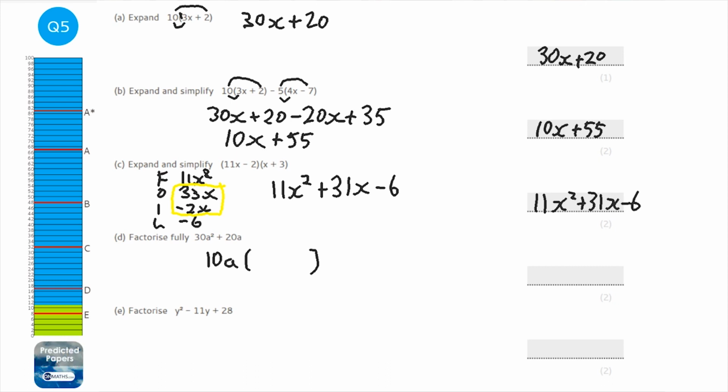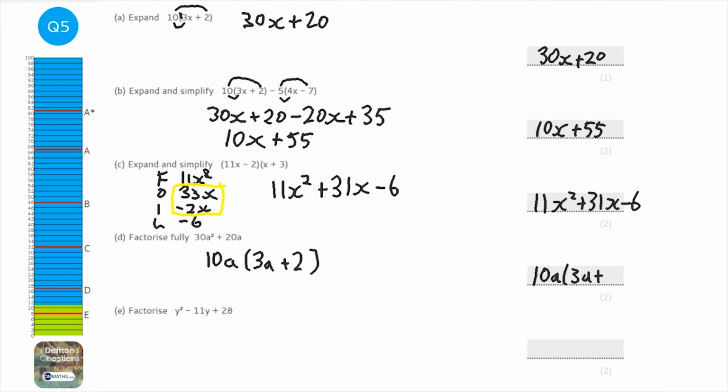Now what do I times 10a to get to 30a squared? Well, I'll need a 3 and I'll need an a. The 3 and the 10 make the 30, the a and the a will times together to make the a squared. Now what do I times 10a by to get to 20a? Well, it's going to be positive 2, 2 times 10 is 20, and the a is on the outside, so I don't need an a on the inside. So fully factorised,